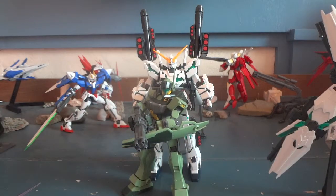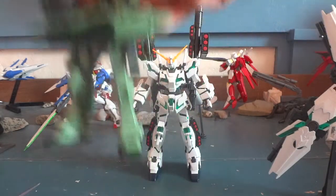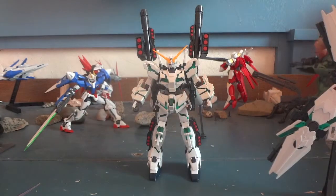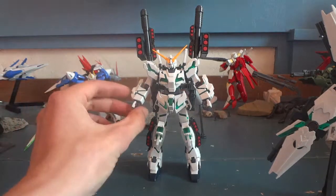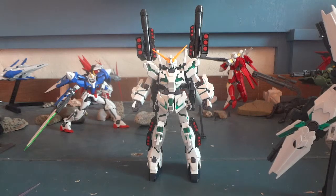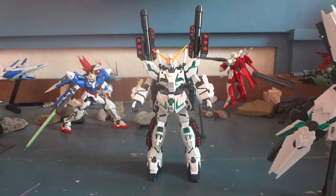the Unicorn Gundam's actually pretty darn big for a Gundam. I mean, he looks even bigger here, but in reality he's only maybe a head taller. Which is why I found high grades, a lot of people say, oh wow, this one's so big or this one's so small, but really most of them are around the same size. They're all around 18 meters. I mean, this guy's 22 meters, I think, in the show. But he doesn't feel that much bigger than the rest. Most of it's just mass from this whole thing here. So yeah,